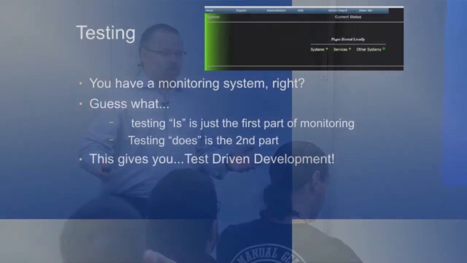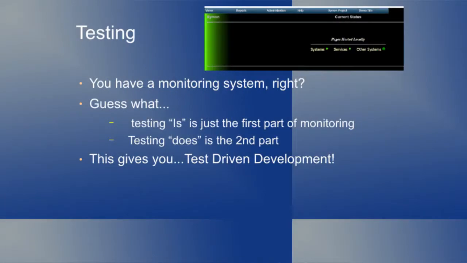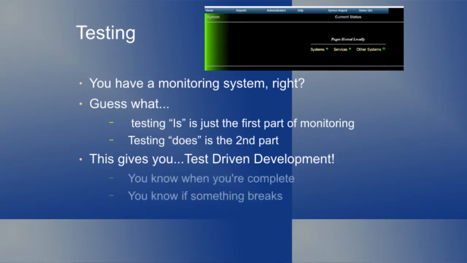So now you've just entered the realm of test-driven development, which is what developers started really raving about starting about 15 years ago. Gee, I can write my tests first. And this lets me know when I'm done. If I sit down and I write, here's what I need to monitor, and I'm staring at a bunch of red lights on the screen, and I code, and the red light goes away and turns green, and I code some more, and another one turns green. When they're all green, I'm done.